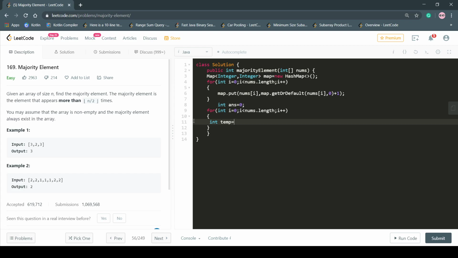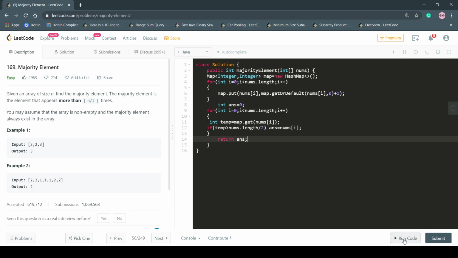So if temp is greater than nums of length by 2, this is our answer, and we would store it in the answer variable. Now let's return our answer.